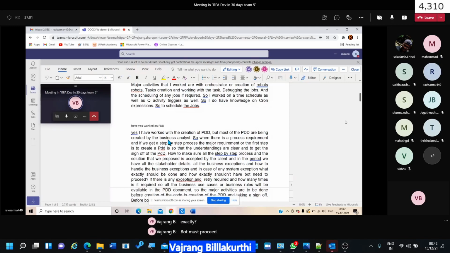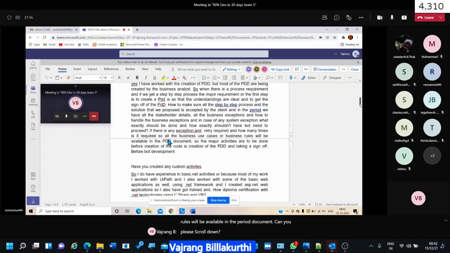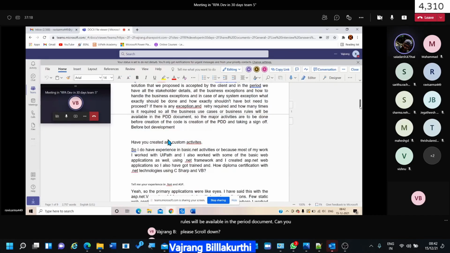If a retry is required, how many retries are required. So all the business cases and business rules will be available in the PDD document. Major activities are to be done before creation of the code: PDD creation and taking sign-off before bot development.